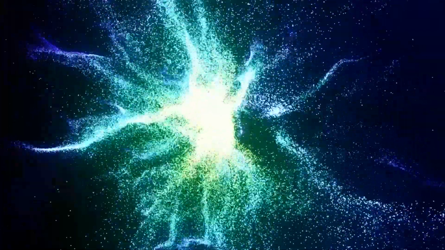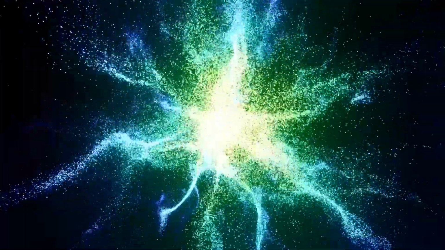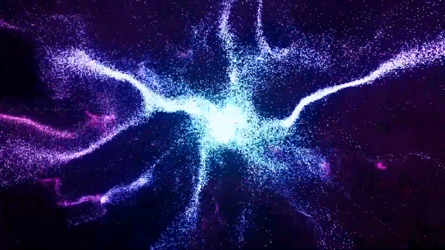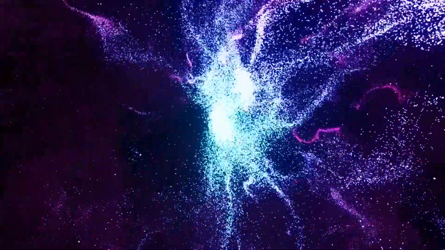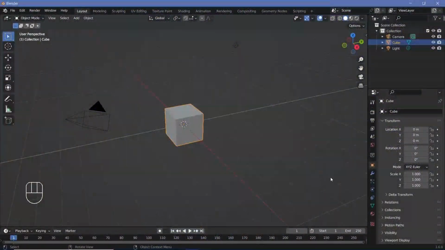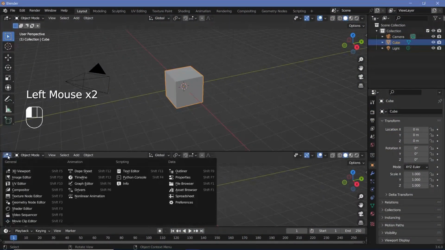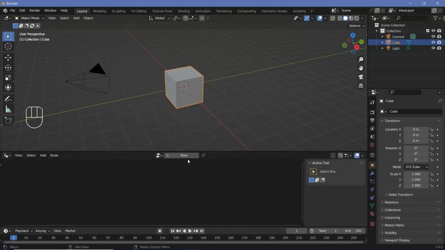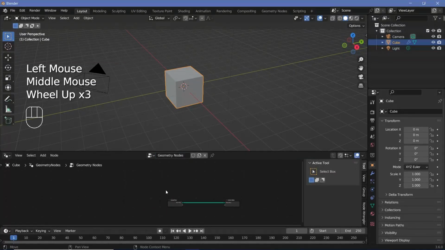Today we'll be creating these cosmic megastructures using simulation nodes. Of course, you could depict these as neurons or any other sci-fi concept that you please, but let's learn how we can do this. In our default scene, we're going to bring our cursor to the junction of these two windows, click and drag to create a new window, and we're going to change this from the 3D viewport to the geometry node editor. Then we'll press this plus button to create a new geometry node tree,